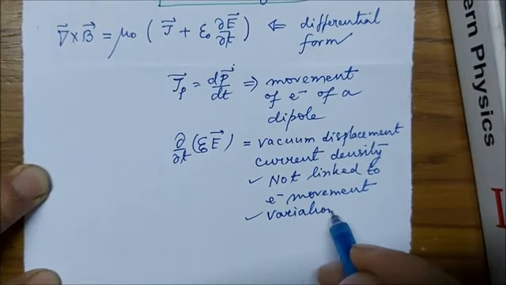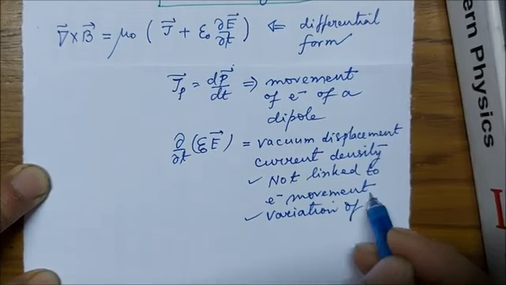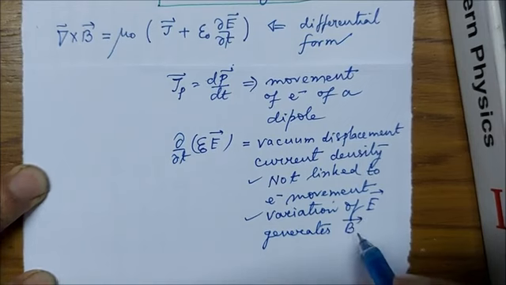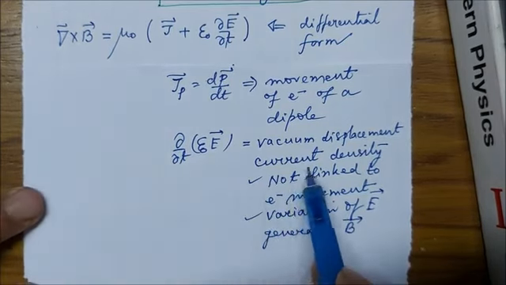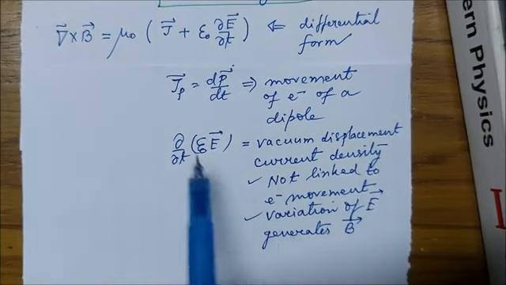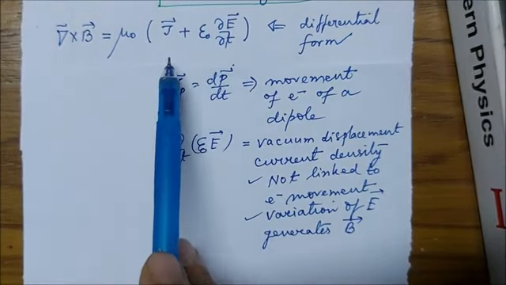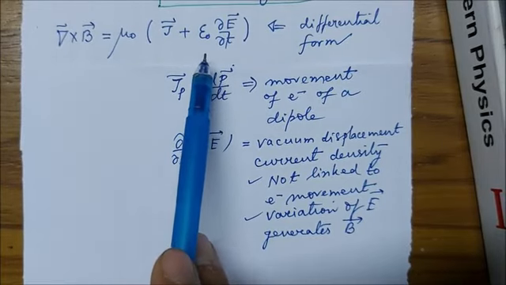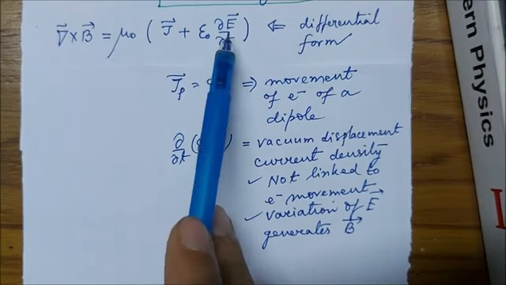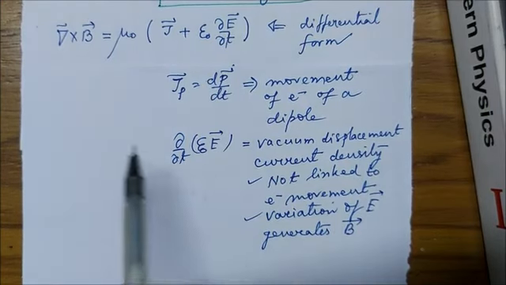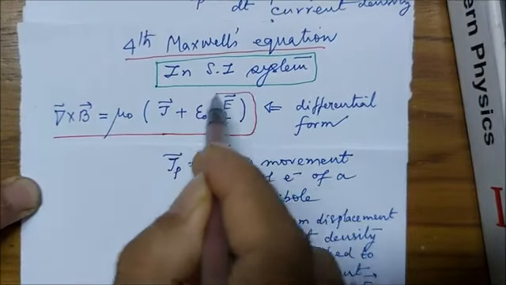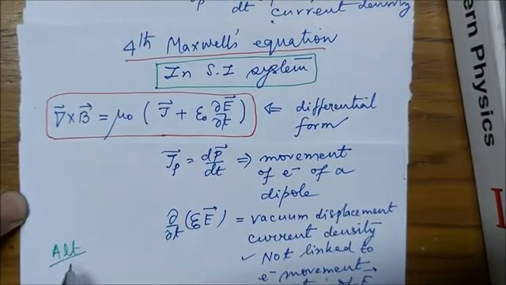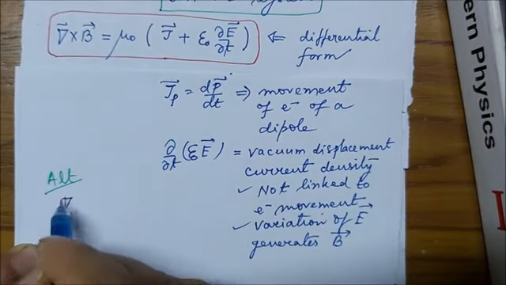So variation of E generates B, and hence it is called current density. In other words, there are two types of currents, one involving electronic movement, the other one corresponds to no electronic movement, but there is variation of electric field vector. Alternately, this fourth Maxwell equation can be expressed as, so let us write here alternate form, which is